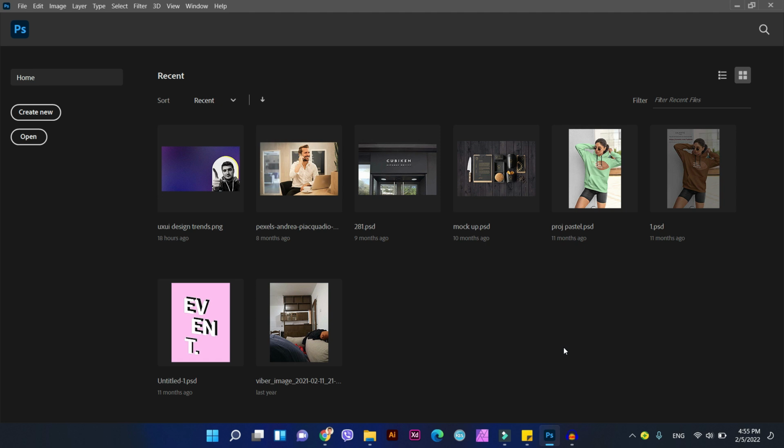Hello guys, today I'm gonna show you how to make a mesh gradient in Adobe Photoshop. Create a new project